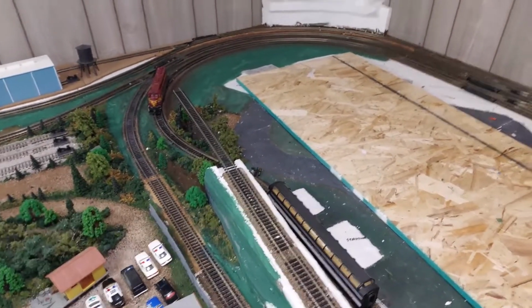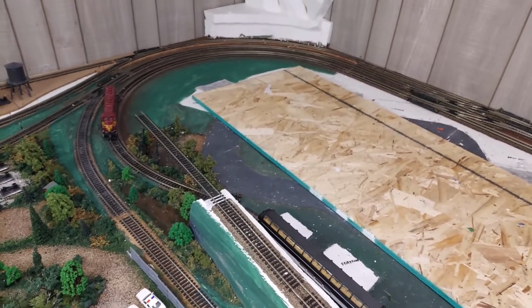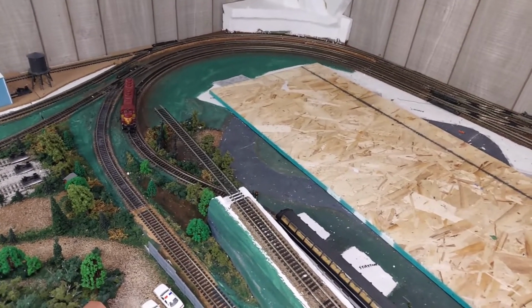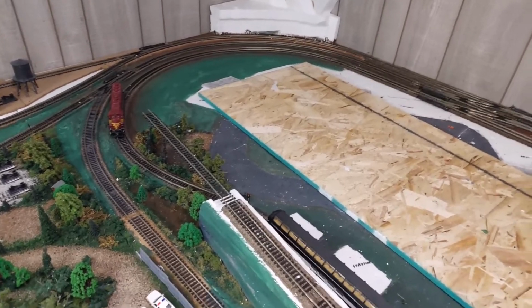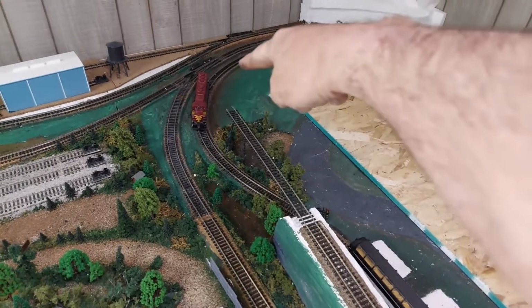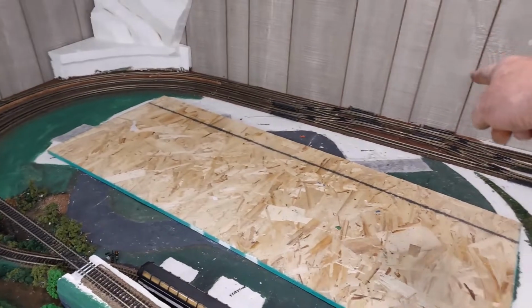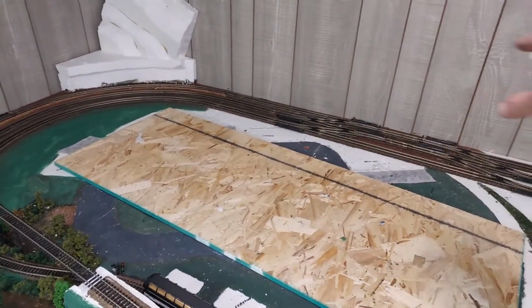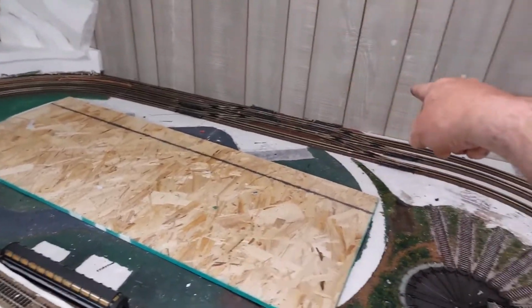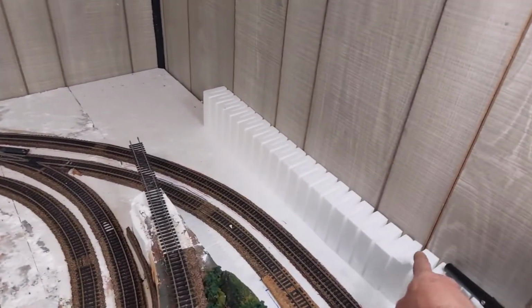If you remember the movie Runaway, I kind of want to do a similar type of, I guess, I don't know if it was called a bridge, but a raised track, and have it come around like that, and then have my bridge go across right there and cross all those tracks and come over to the corner here, which is where I'm going to use